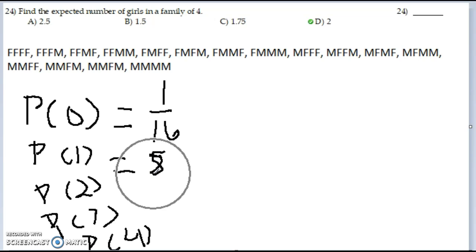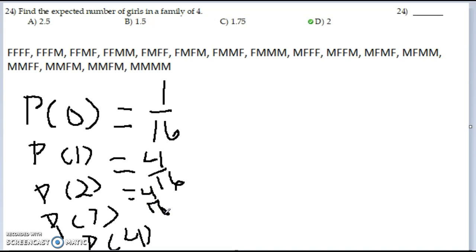Let's see, I'll get rid of that. And actually, I just miscounted those because I had them out of order there. So let's try this again. There are 1, 2, 3. There's one female. Where's another? And 4. Okay, so not 5, but 4. So we're going to say 4 out of 16 here. Likewise, there are 4 out of 16 here,